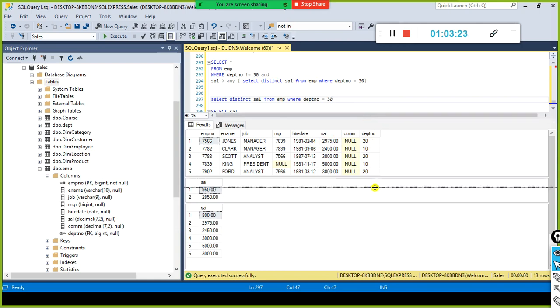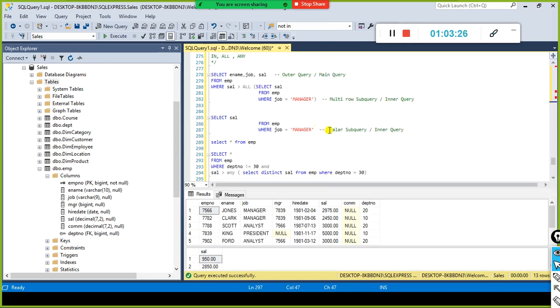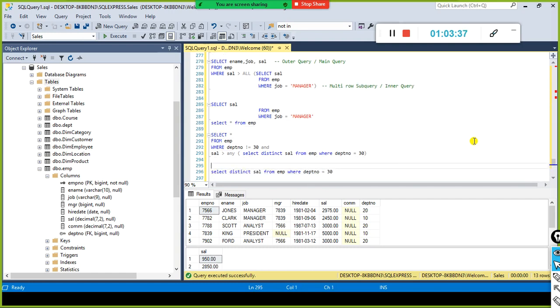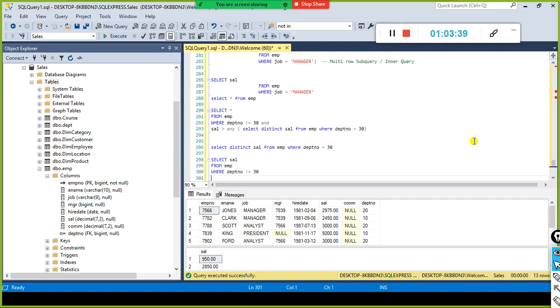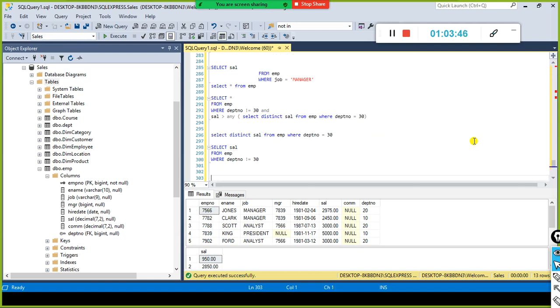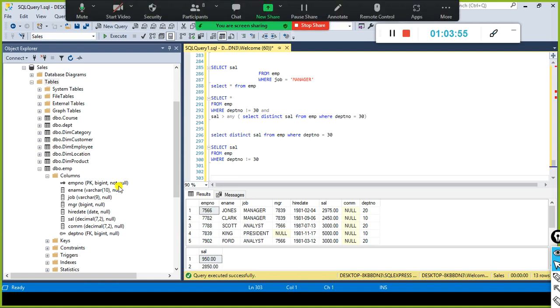So the any function, this is called your multi-row subquery. You can split it, and you can try with some other combinations also. So in a nutshell, this is what is called a